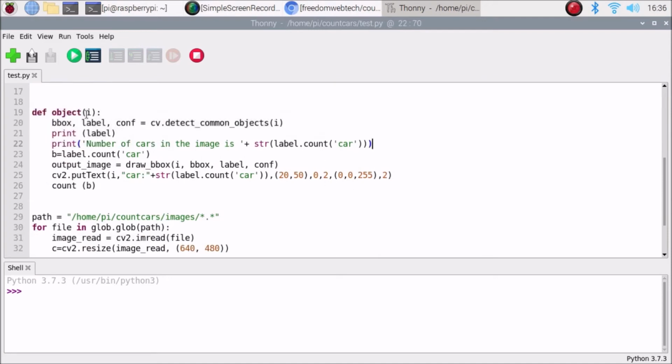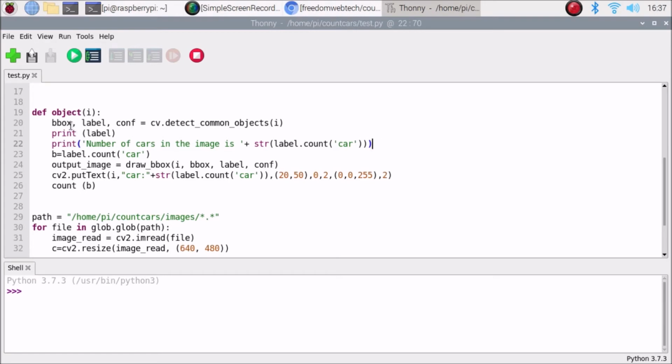Then again this is the function for our object. So object I is again the image which we are going to pass inside the object function. So what is the object function? The object function is basically the bbox, label and conf from our cv.detect_common_objects, because this cv.detect_common_objects has three fields. You can call them x, y and z, but I have mentioned bbox.